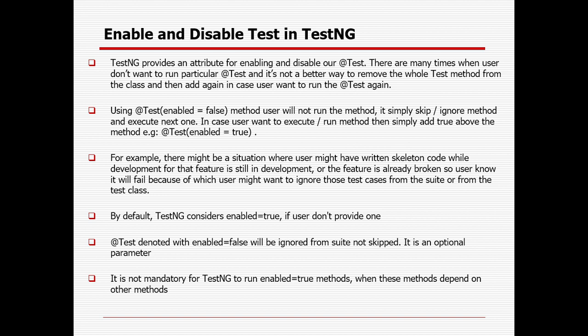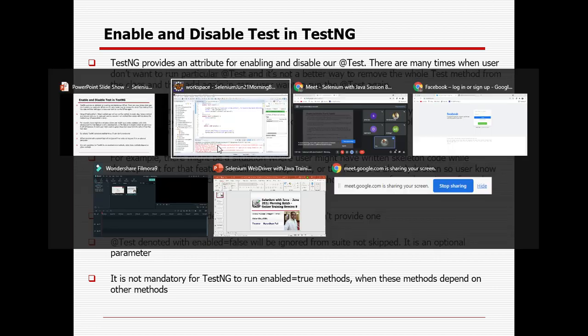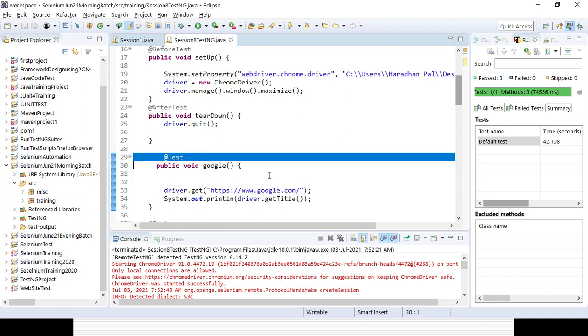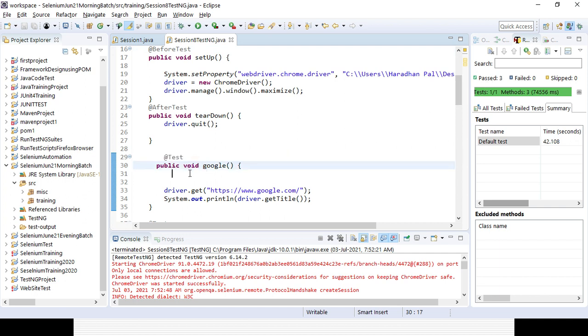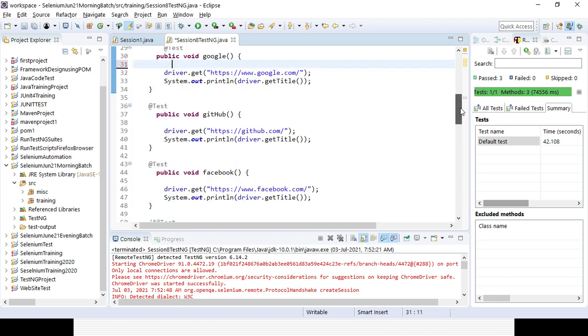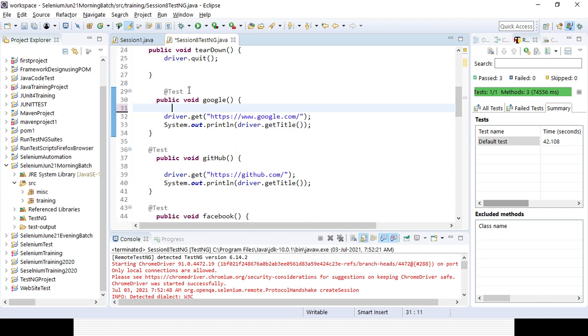So that's how I can enable something or disable something. So here in case we did not give anything, let's remember only the @Test annotation, because each and every @Test annotation will be considered as a test case, right? And the before one and after one are not test cases. It is just a precondition, right? So suppose if I don't want to execute the Google one, I'll be using enabled equal to false.